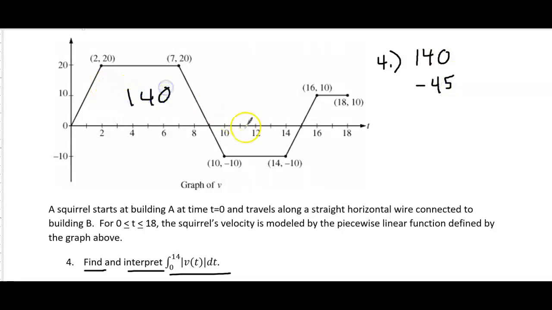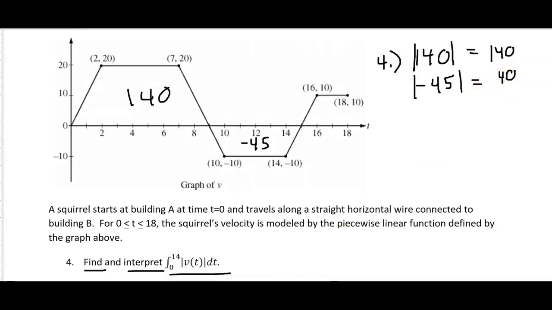This trapezoid was 140 units. This one was negative 45. But the difference is when you're taking the absolute value, we don't care about the direction that the squirrel went. We just care about the distance that the squirrel went. And so that means we have 140 plus 45 now, which means that, yes, the squirrel ran a total of,